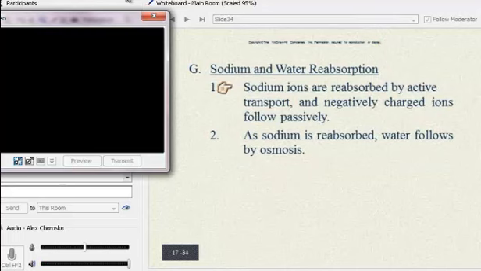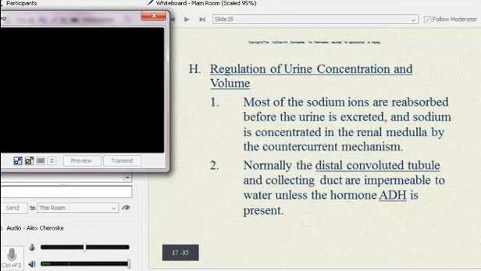Now, we said that for the most part, water just moves across via osmosis. But what we find is that in the last tubular segments, in the distal convoluted tubule, sometimes abbreviated DCT, and the collecting duct, that very last tree-like segment coming down, those segments are specialized where they have